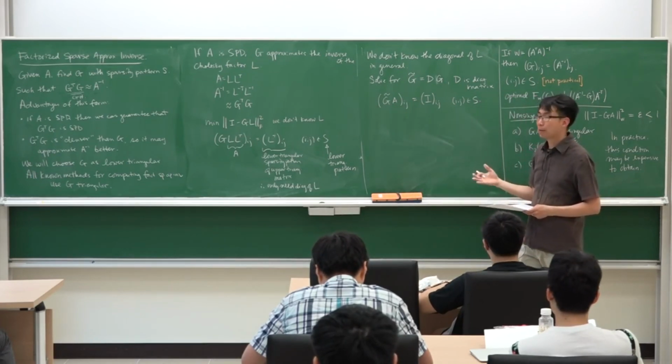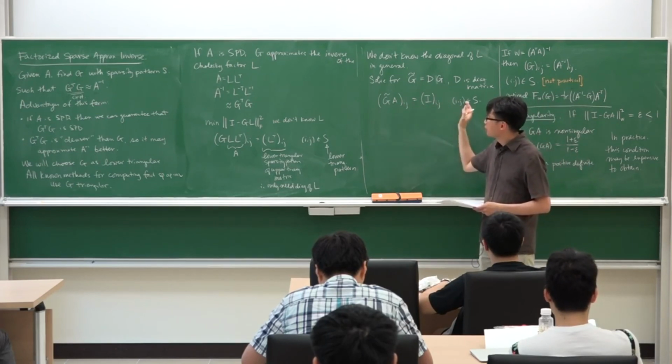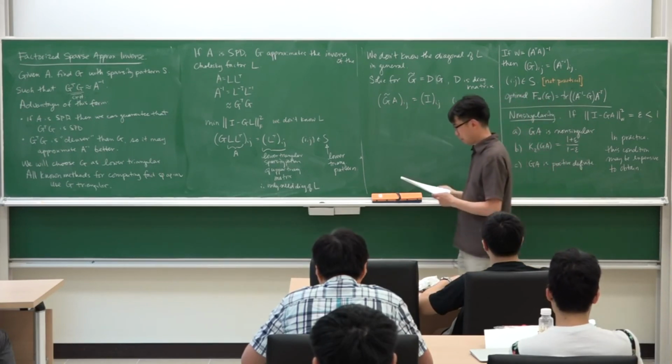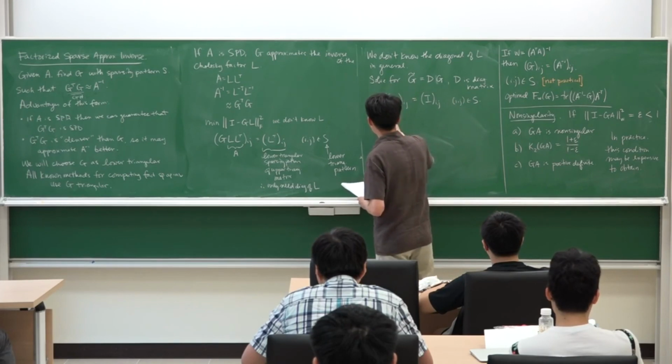It's like the diagonal block method applied to, in this case, rows. And then after that, we find D